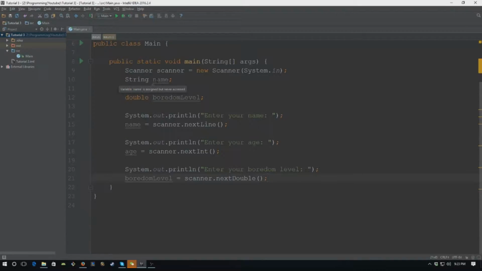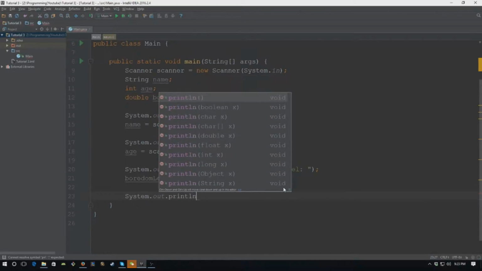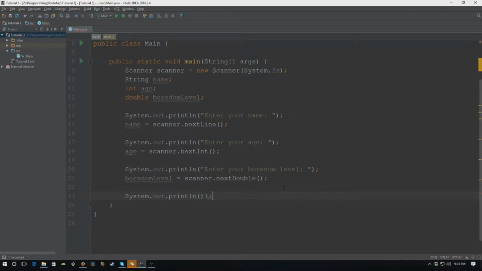we will have to do something with those variables. So let's do system.out.println, and then let's do "my name is", and then we're gonna use this plus sign, which means basically we're gonna join two things together, as you should learn from the variables tutorial, I believe. So my name is, and then we can put name,